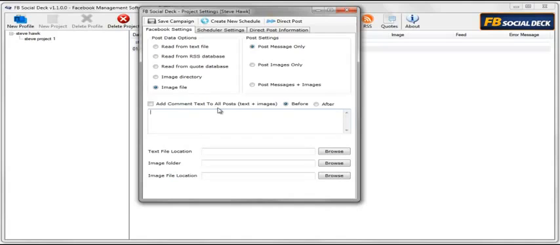What we can do as well, we can actually add comments to the text. So for example, if we're just posting an image, we can click add comment, and in here we can type in any text we want to go either before or after the image, where we could say find out more at http bbc.co.uk, for example,